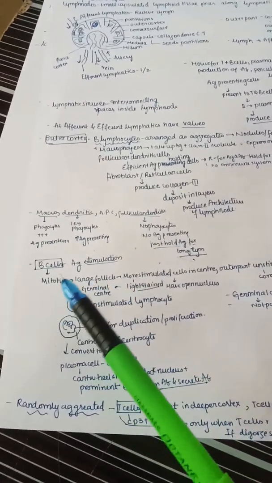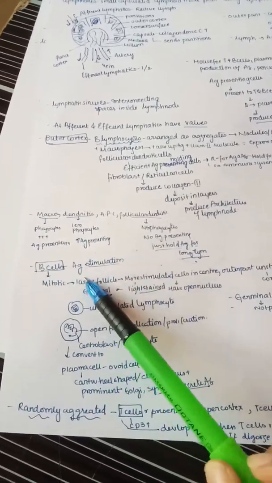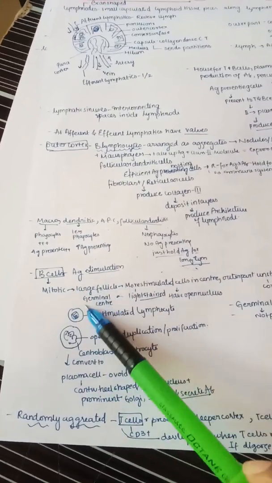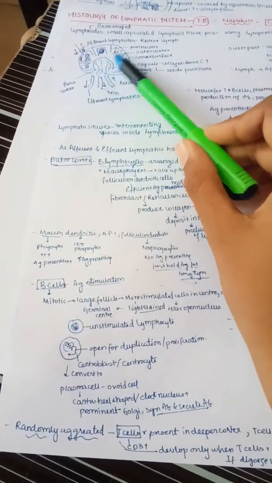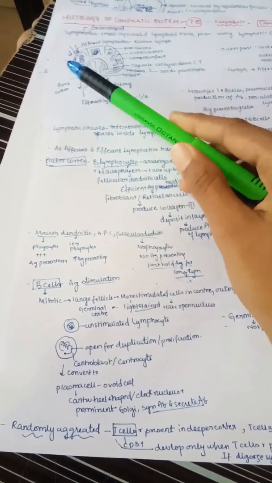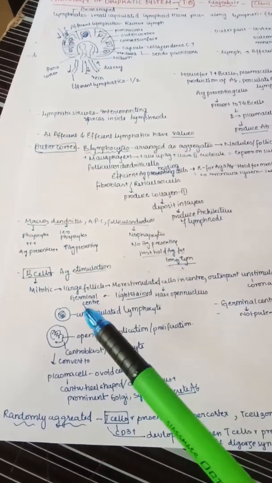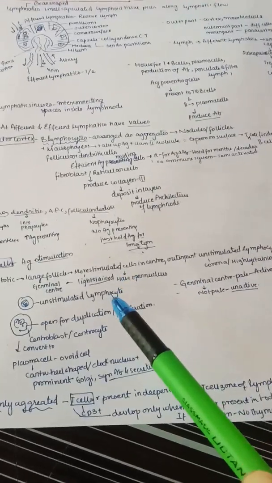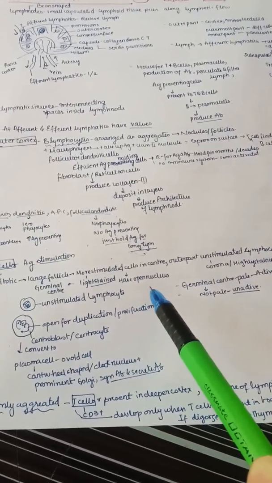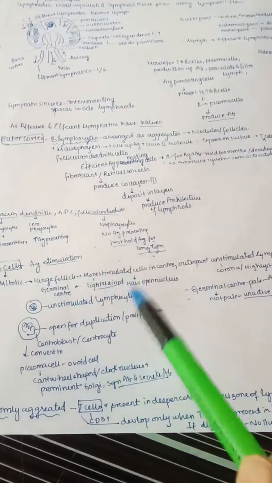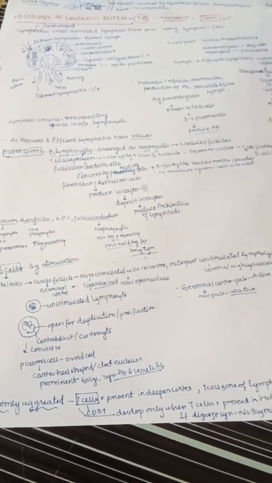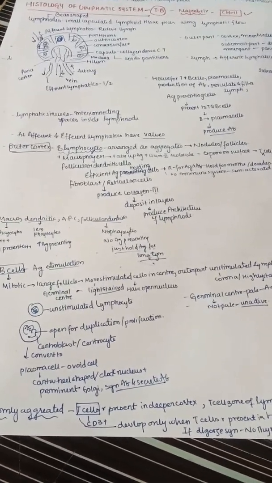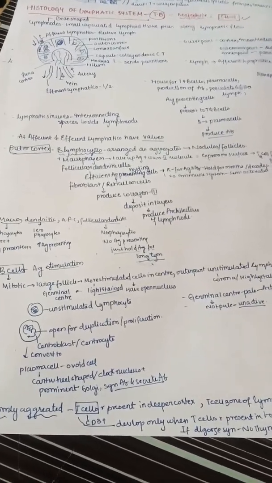Now let us see the details of B cells. Whenever the antigen stimulates, the B cells undergo the mitotic process. They form a large follicle in the outer cortex, because as the antigen came, the B cells proliferate by means of mitotic division. So the large follicle is formed, and there are more stimulated cells in the center. They have an open nucleus and are light stained in the germinal center. Most stimulated cells have an open nucleus because they need to duplicate and undergo proliferation. So the center appears pale in color, that is light stained. This is also known as the germinal center.